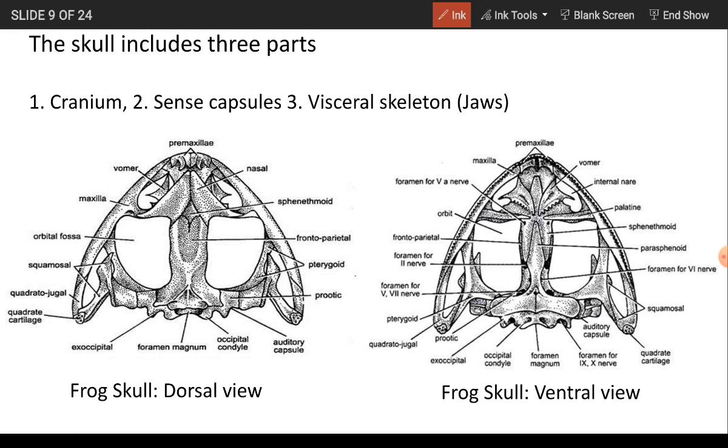Here, the dorsal side of the skull, you can find the squamosal bones, which are T-shaped bones present on the dorsal side of the skull,